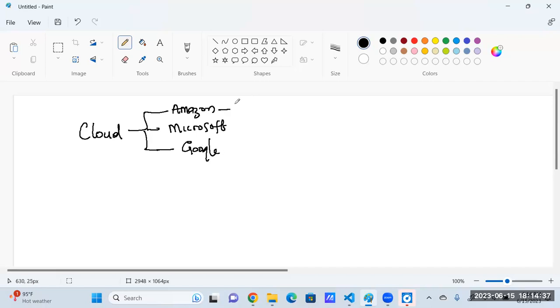So the cloud platform of Amazon is called AWS. The cloud platform of Microsoft is called Azure. And that of Google is called Google Cloud Platform. Of these 3, this is the market leader. So for that reason, we want to first of all do AWS. And then after AWS, you may do any other cloud, right? The second market leader is Azure, and then the third is this. So anytime we talk about cloud, without referring specifically to any of these, by default, we are talking about AWS